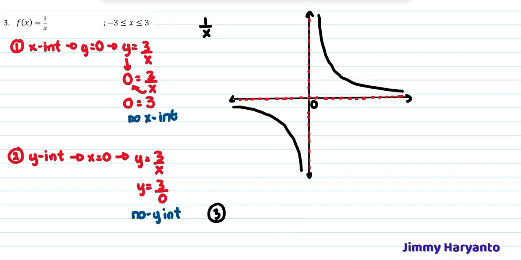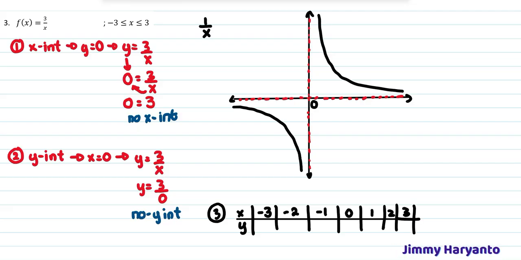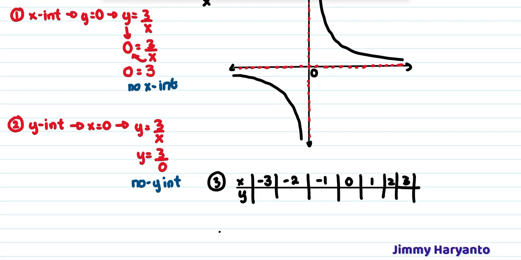I will show you how to draw a graph by creating a table. So x and y, just create it like this, x and y, and then the x will vary from -3 until 3. That means -3, -2, -1, and then 0, and then 1, and then 2, and then the last one is 3. Okay, let's calculate when x equals -3. When x equals -3, the y will be 3 over -3, since the function is 3 over x. That means you only have to replace the x by -3. So this one will be -1, and then if the x is -2, it will be -1.5.